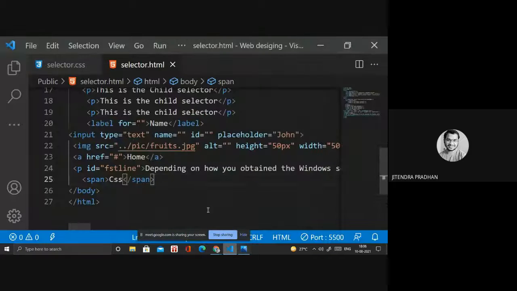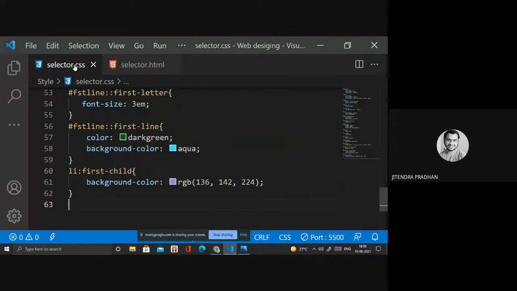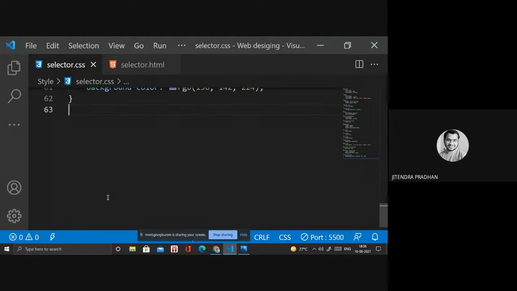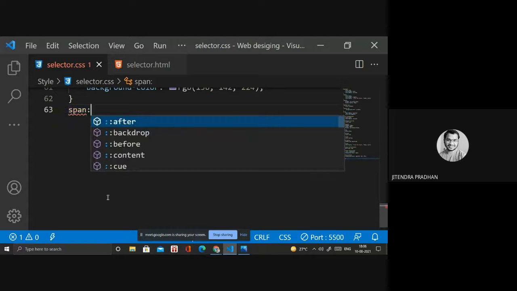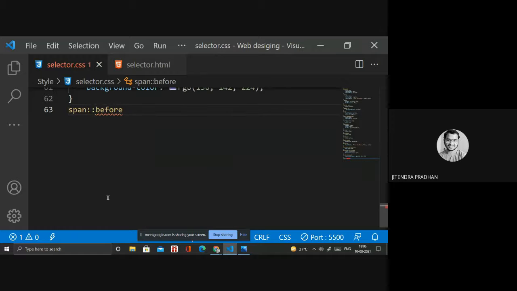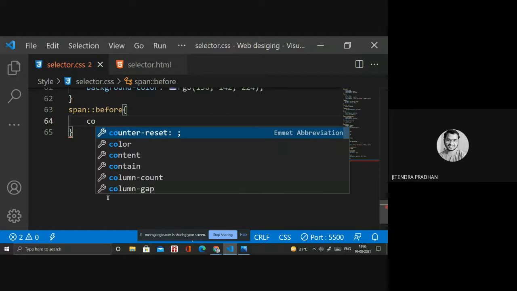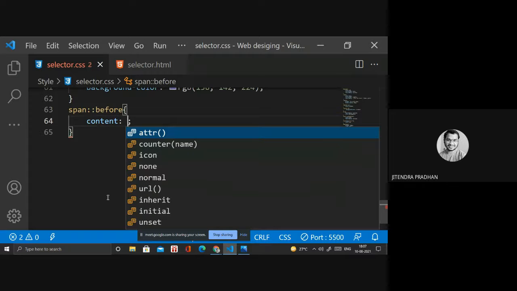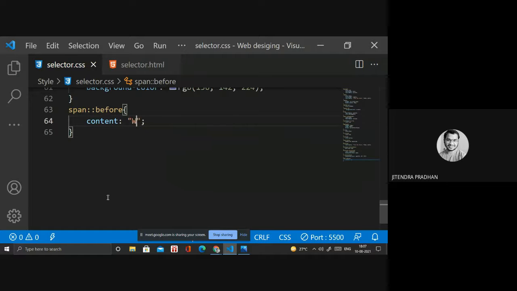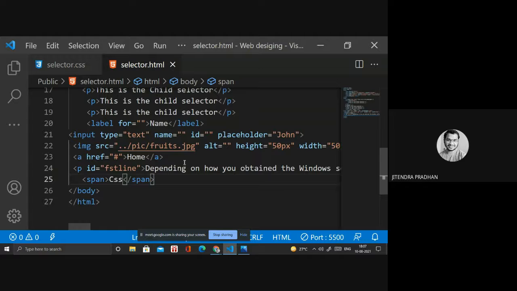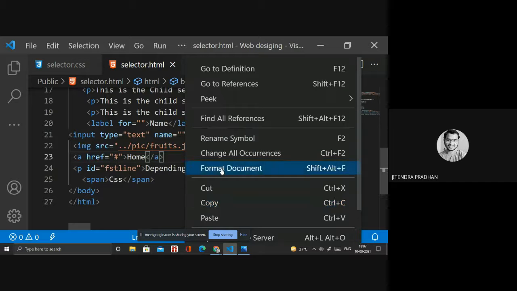Let's see. We are using a span. In that, before, I need the content "welcome". If I open the HTML with Live Server, let's see what happened.